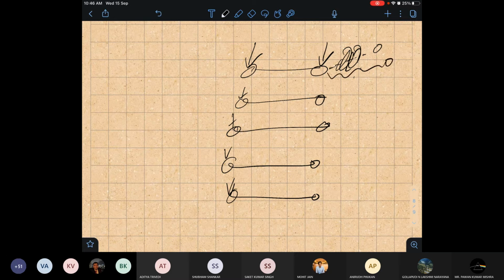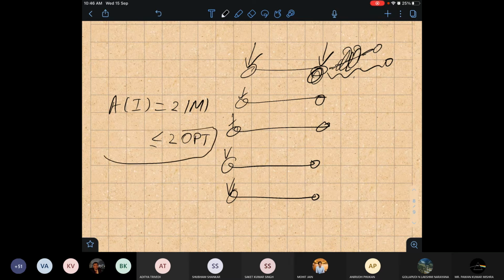So the first thing I have to ensure is that whatever nodes are returned by our algorithm, it is a vertex cover. First, I have to ensure that. For ensuring that, we need to take both the endpoints. If I miss one endpoint, then such cases will be there. So this ensures that our algorithm will always be twice the maximal matching, which eventually will be twice the optimal. So this is a very simple algorithm, but it gives me a two-factor algorithm.